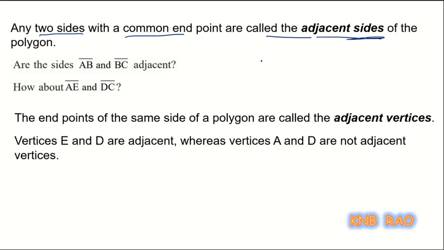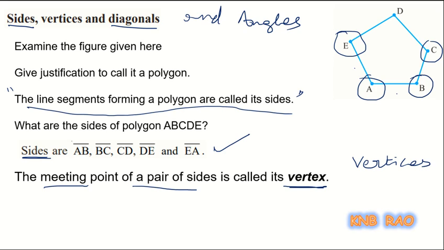In a polygon, any two sides with a common endpoint are called adjacent sides. So, we have in this figure AB, BC one pair, BC, CD second pair, CD, DE third pair, DE, EA fourth pair, EA and AB fifth pair. So, there will be 5 pairs of adjacent sides in this